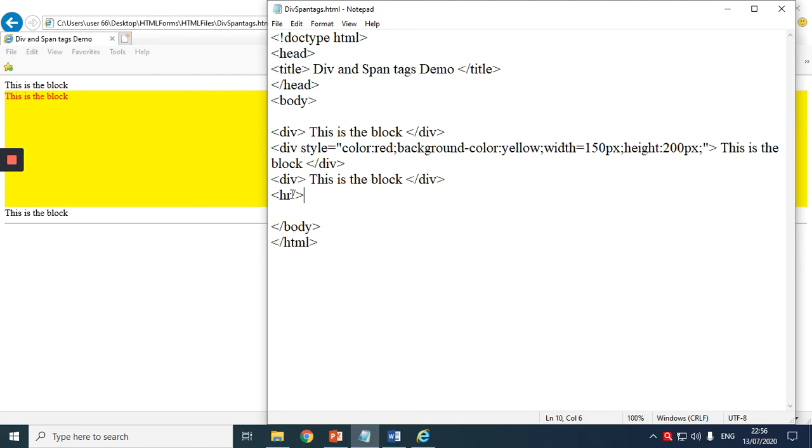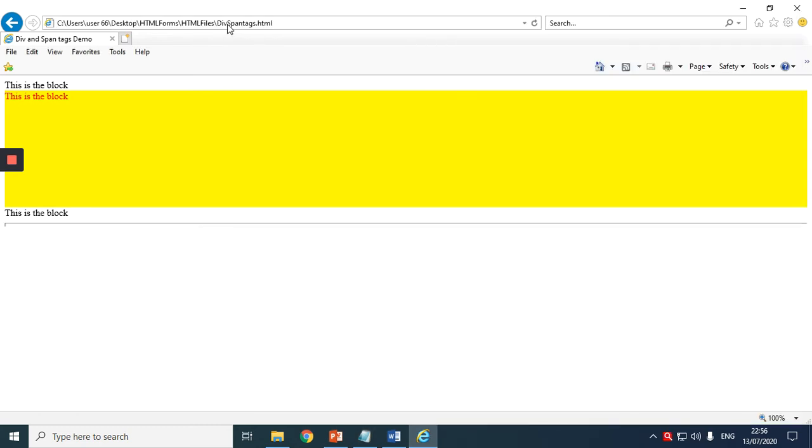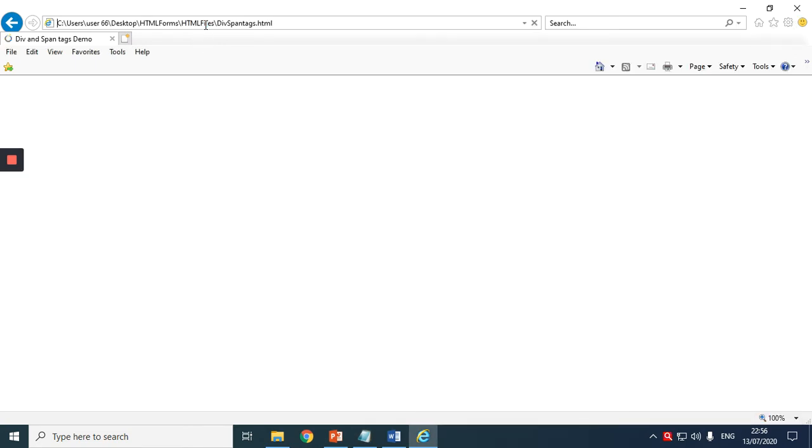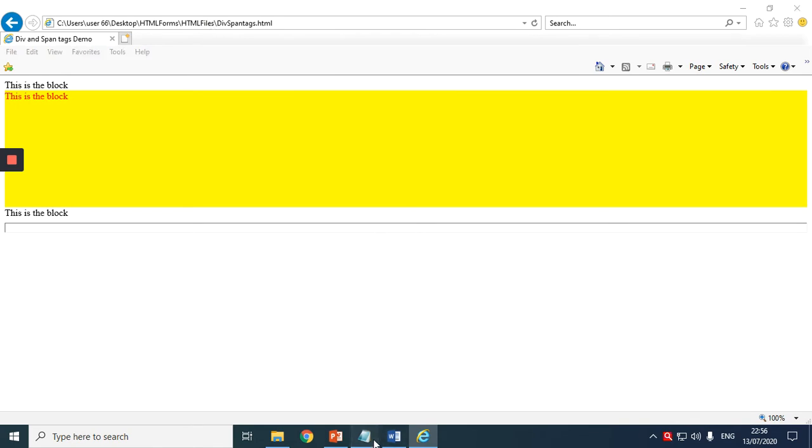This HR tag has many attributes. You can change the size, that is the thickness. I can make it say 5 pixels. I don't know whether it works. Let us see. Okay, the thickness has increased. I can make it 15 pixels. See, the thickness of the ruler changes.